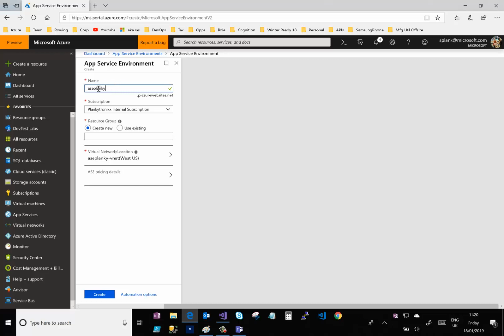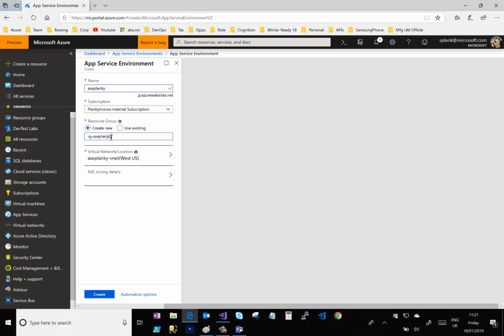In this case, it's going to be called .p.azurewebsites.net. So we're going to end up with an app service environment called aseplanky.p.azurewebsites.net, and that will be the environment itself. Okay, so we're going to have a resource group. I'm going to call this one rg-ase